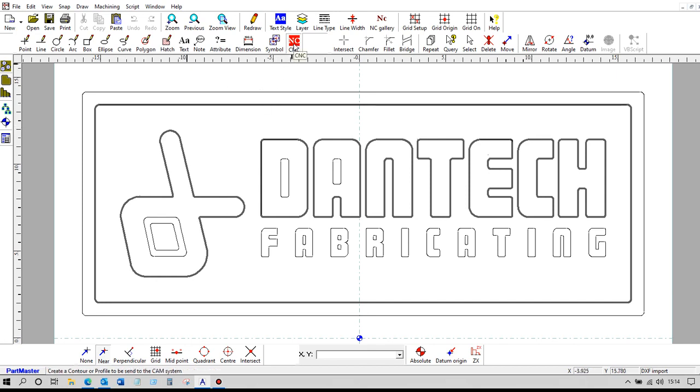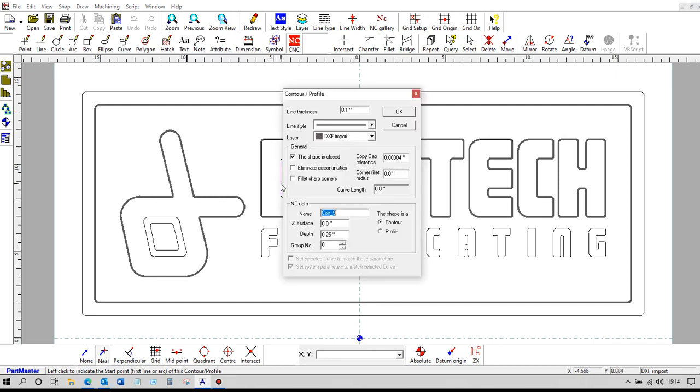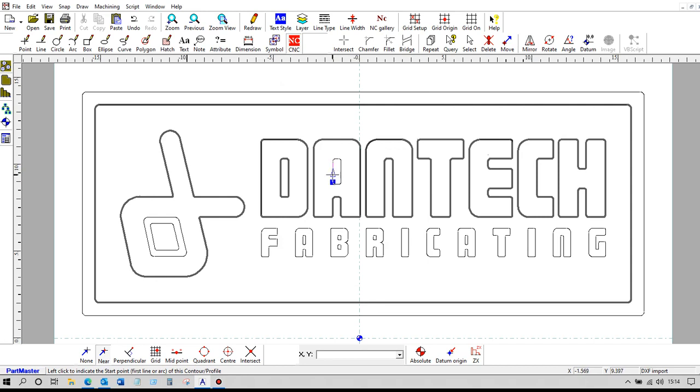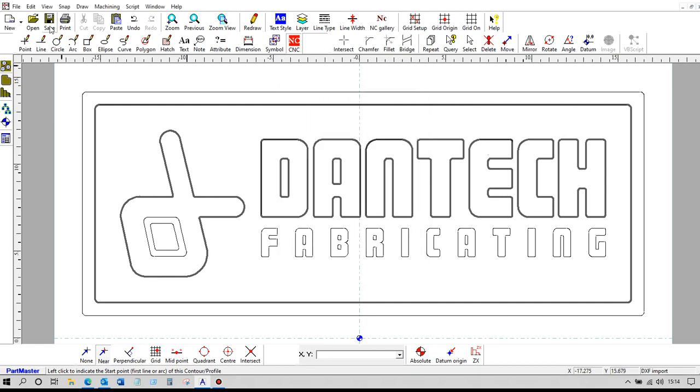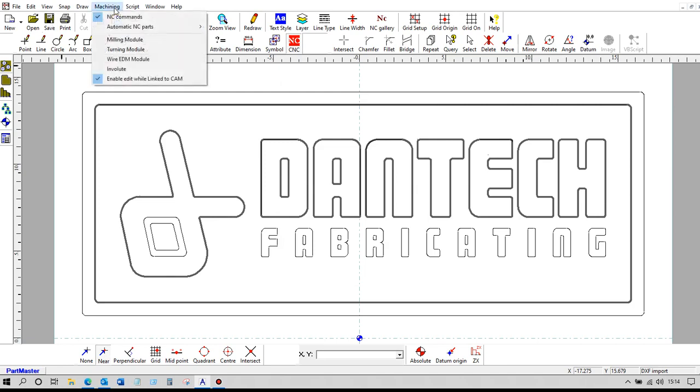So we go to the NC, and here we could have this contour, and we could call it D in for internal. And there's another one here, we could call that A internal, and so on. So we can name the contours so that they make sense to us when we are choosing them within the CAM system. Okay, so we just save that away, back into machining,